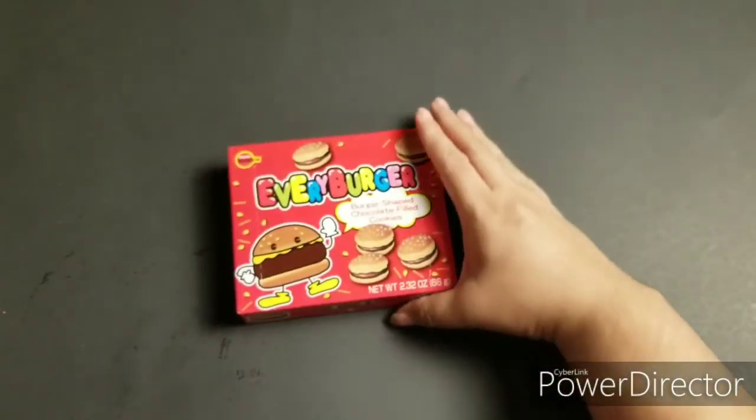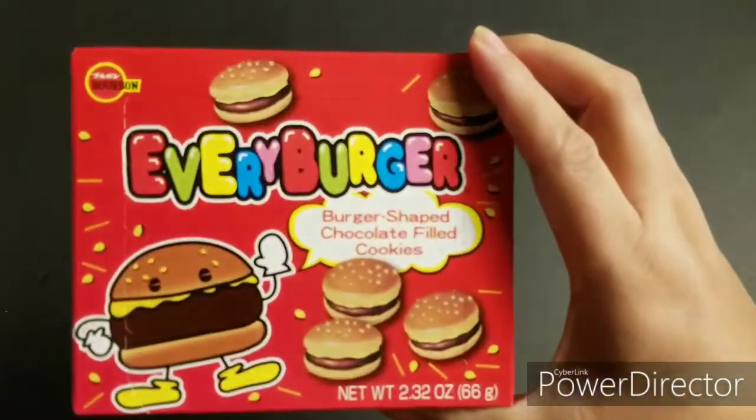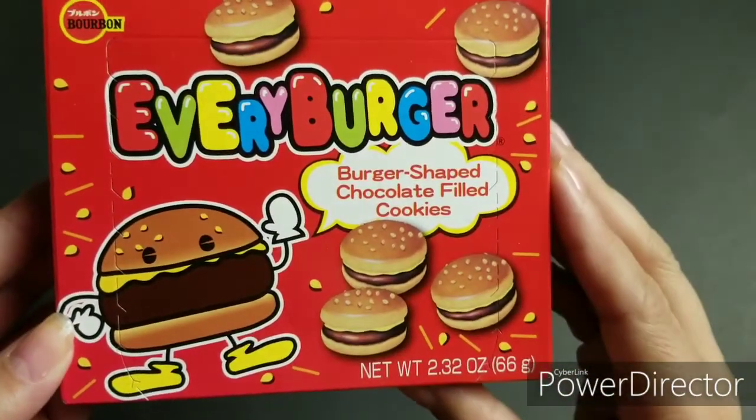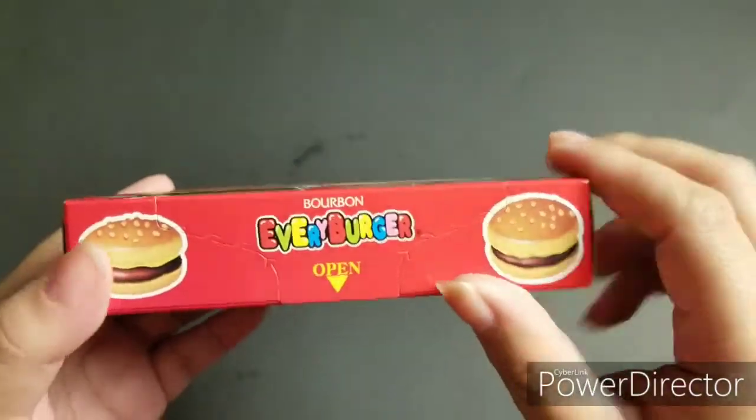Let's go ahead and try the Every Burger. These are so cute. I don't know how they look inside. Oh, look, it's like a little...